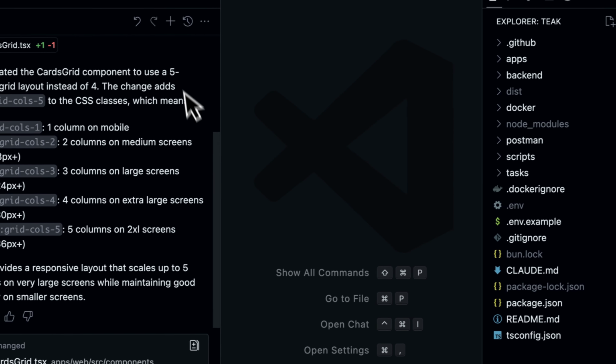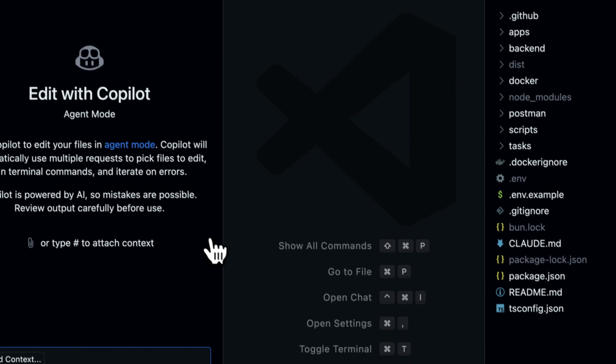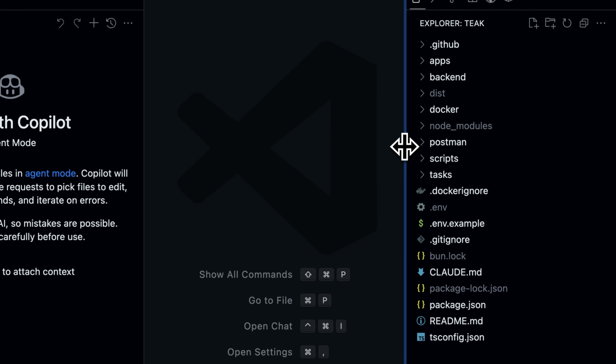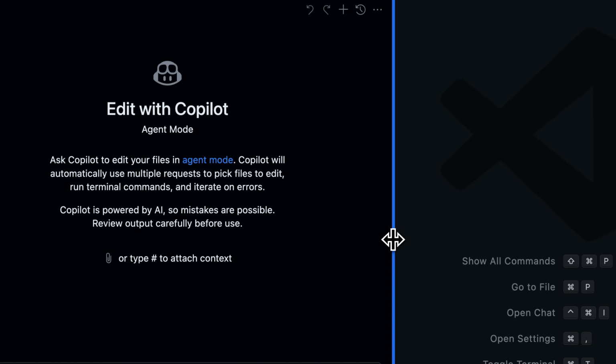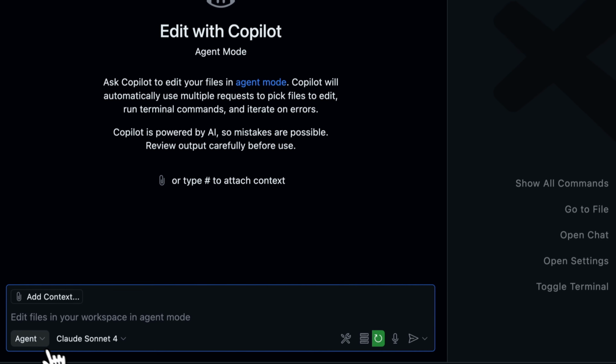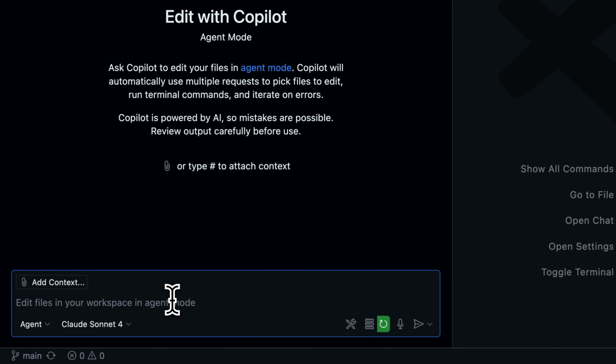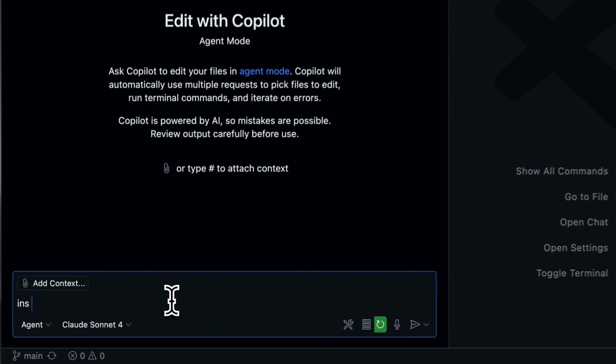GitHub Copilot has this agent mode, which looks like this. I don't even open the code anymore. Like 90% of my code is written by this Copilot thing. This agent mode is new, and if you want to do something like in